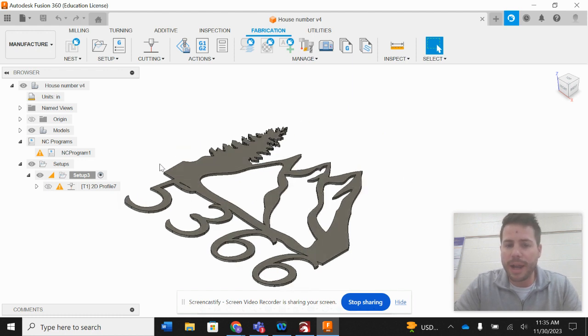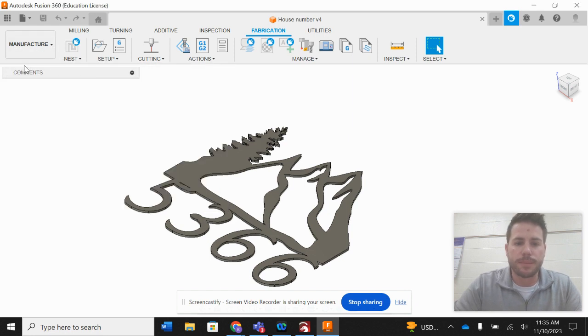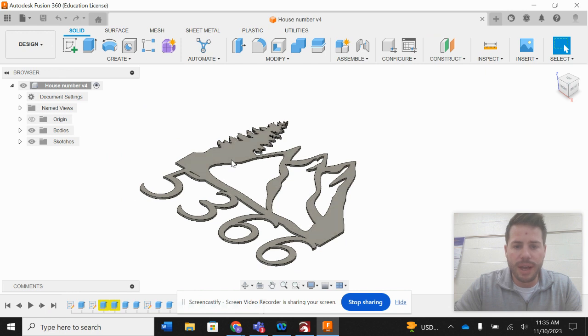For mine, this is not gonna be a tutorial on how to actually make the object. It's just the part of how to get the toolpath created. For mine, I did a mountain scene with a tree, and then house number 5366. So you can see that on my design here. So going from this now, so we can make the toolpath to cut it out, we're going to go